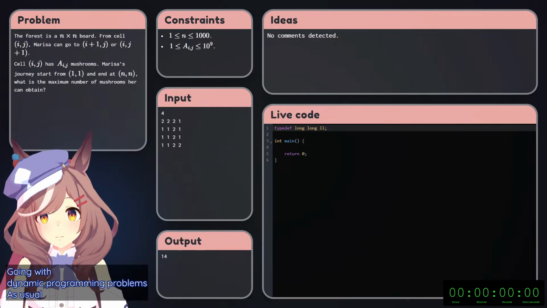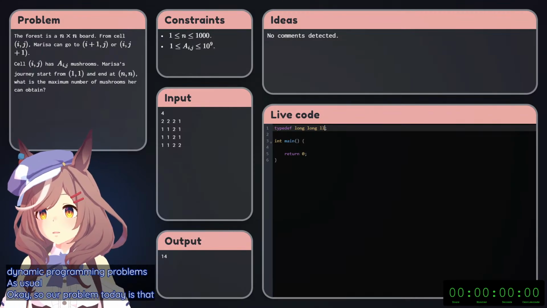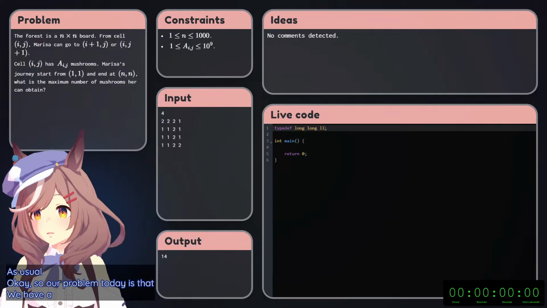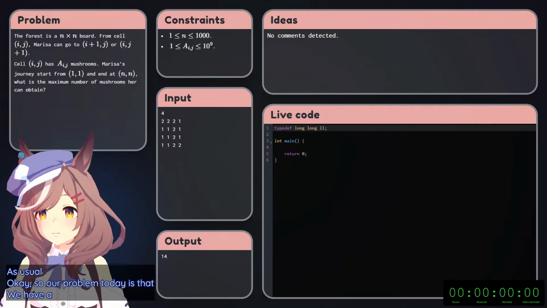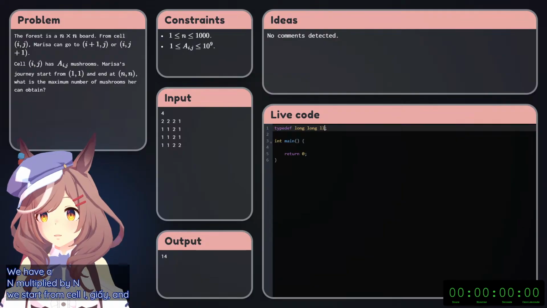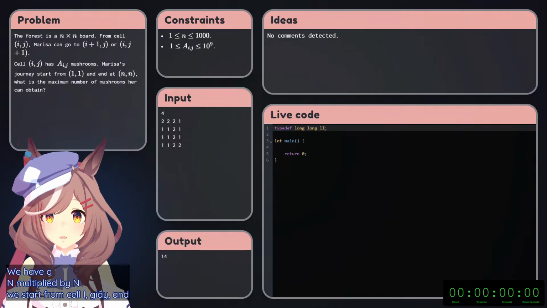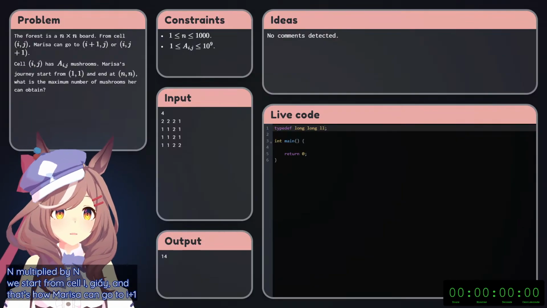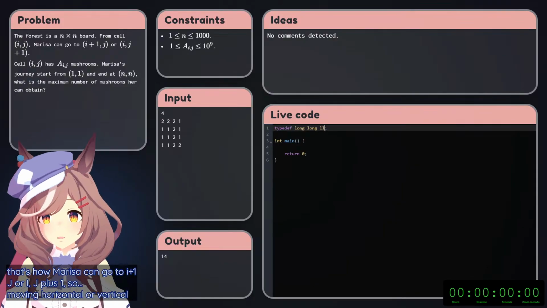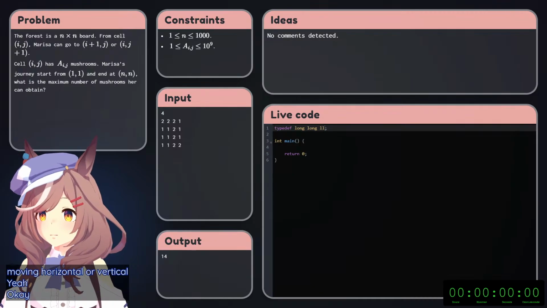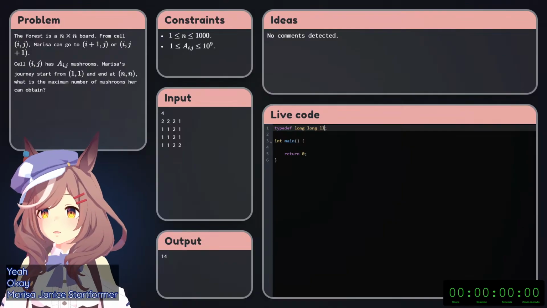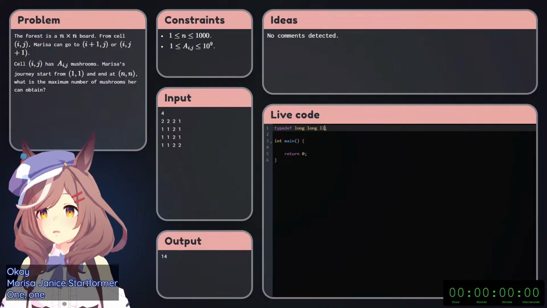Okay, so our problem today is that we have a board of n multiplied by n, and we start from cell i j, and from that cell Marisa can go to i plus 1 j or i j plus 1. So moving horizontal or vertical, upward. Marisa's journey starts from 1 1 and ends at N N,